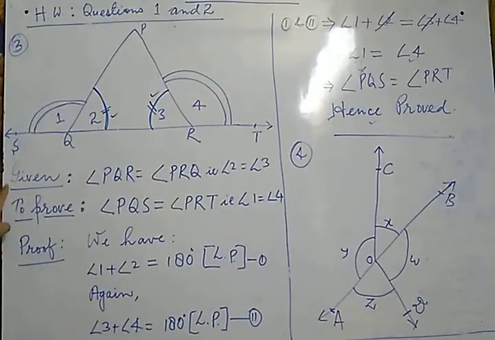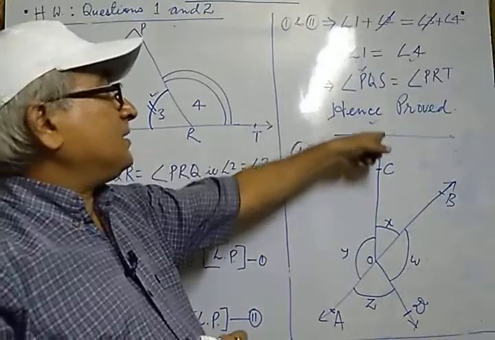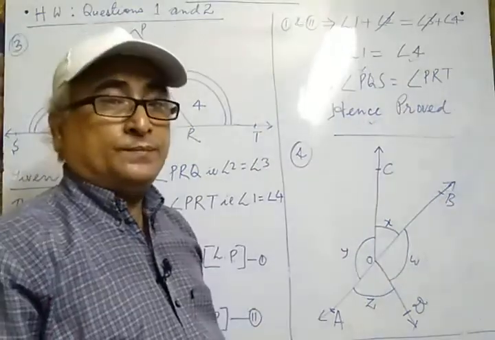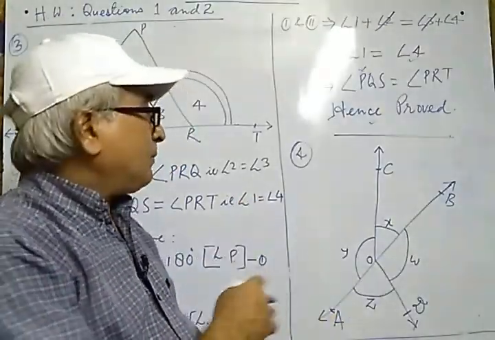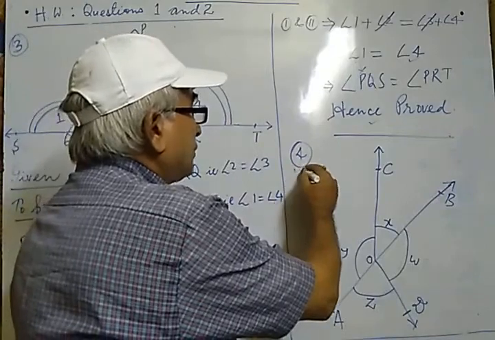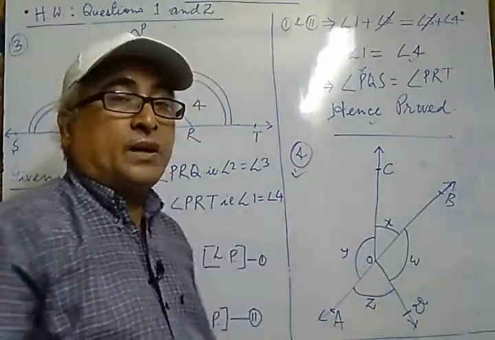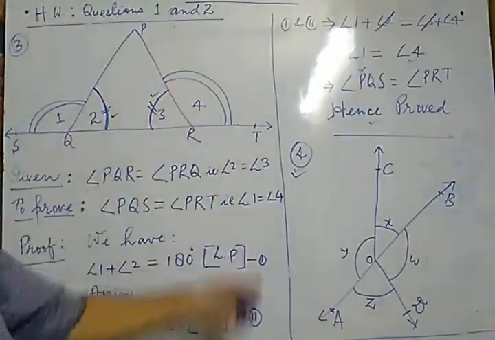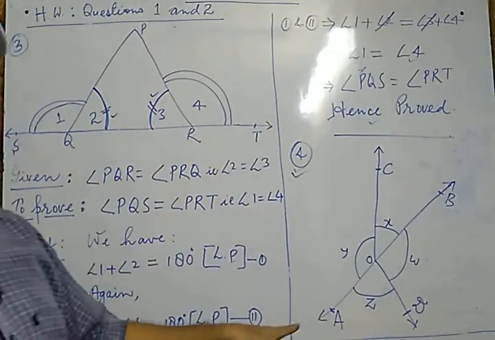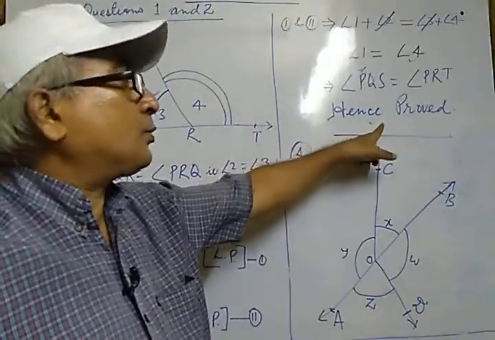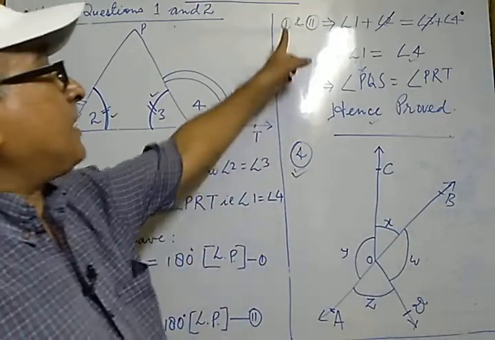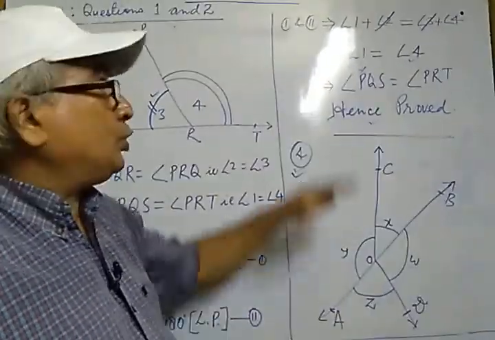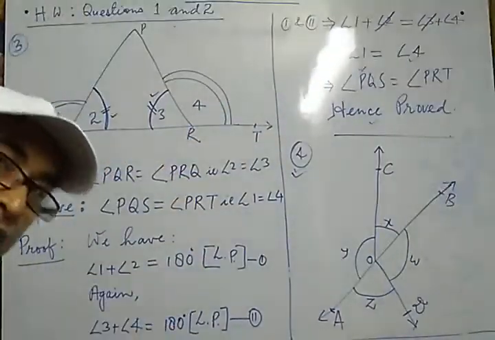So these headings should be there: given, to prove, proof, and afterward, after getting the result, we have to note down hence proved. So firstly, take the screenshot of this one. Afterward, we have to attempt the next question, that is question number 4, and I have drawn the figure of question number 4. So you are given time to take either a screenshot or pause there and note down all those facts up to hence proved. And this will be continued since space is not there just below. So I have continued from the second half, but you will continue the same thing just below it.